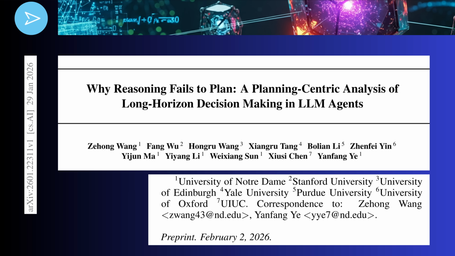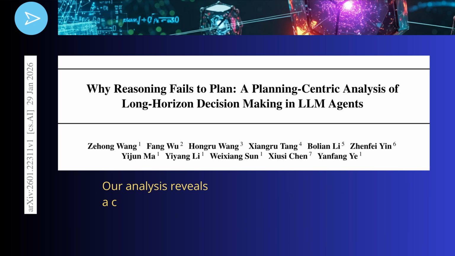So please, come on. If you see a title like, hey, why reasoning fails, and it gives you a mathematical explanation of this, like in this preprint from February 2nd, 2026, jump at this, read it, try to understand it. Because their analysis reveals we have a core failure mode of reasoning-based policies in our current LLMs.